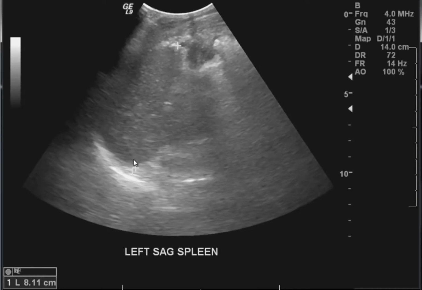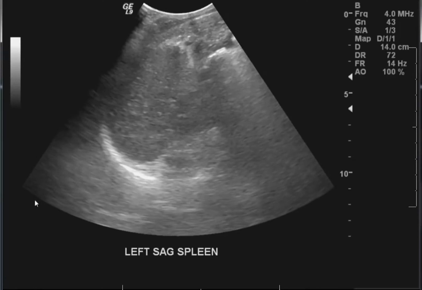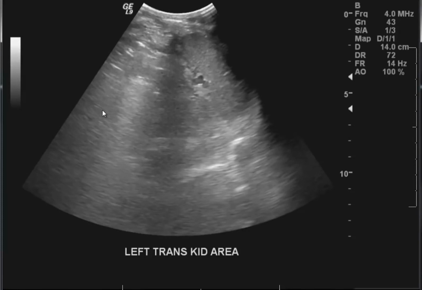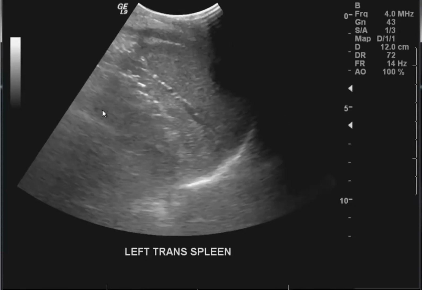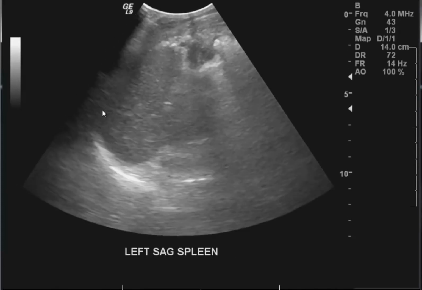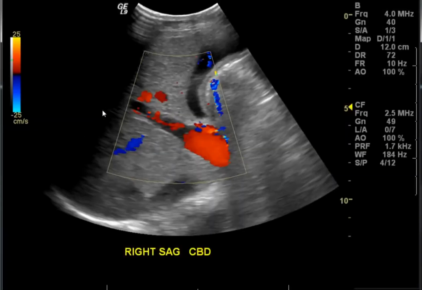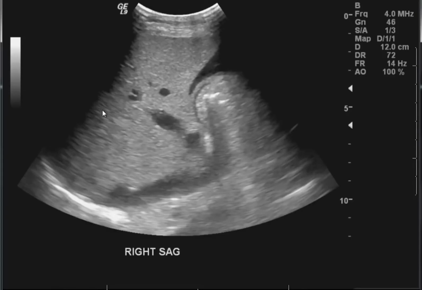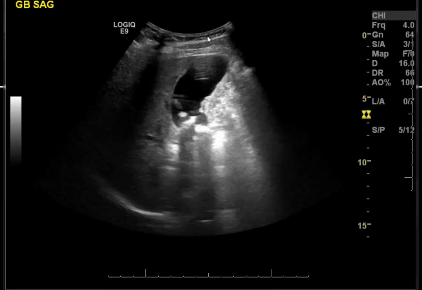The spleen, left upper quadrant, is 8.1 centimeters. We accept the spleen to be 13 centimeters and be normal. The liver, we accept 15 centimeters, and her liver was, I think, 11.9, 12 centimeters. Okay, so now in this case, we see that the gallbladder, which we see the walls very